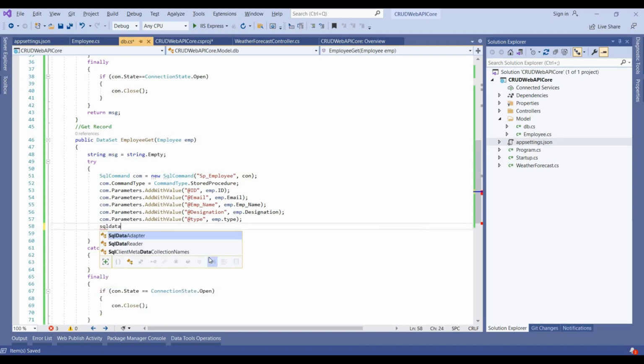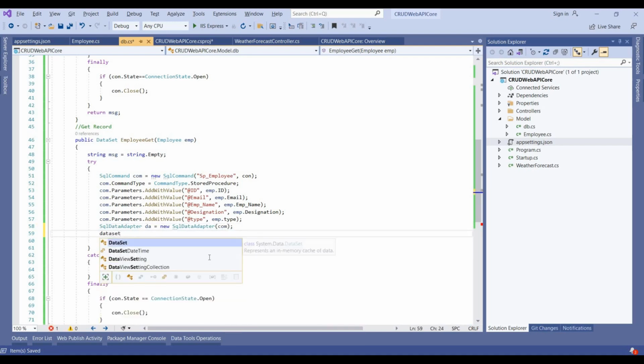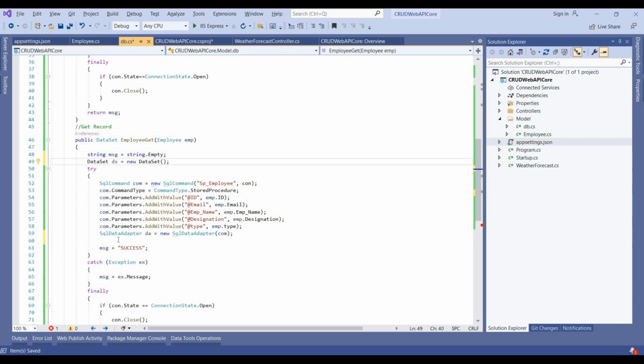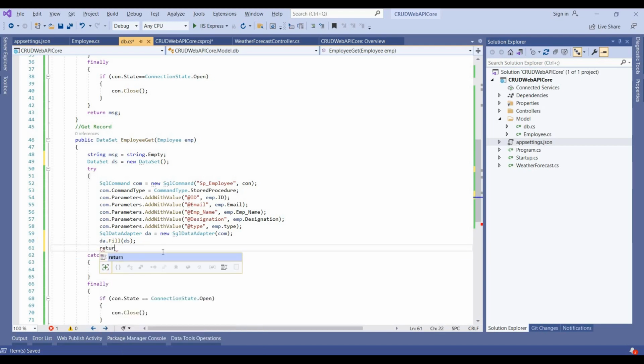It's SqlDataAdapter da is equal to new SqlDataAdapter, and then we pass this SQL command, and we write a DataSet ds is equal to new DataSet. We declare this globally because we need to return outside this catch block. Then da.Fill ds, and then we return this ds,